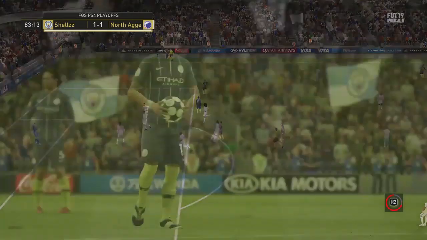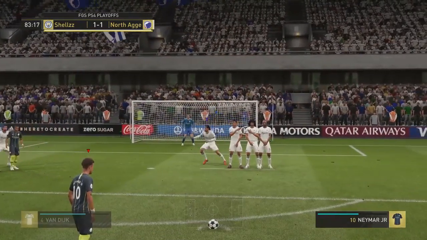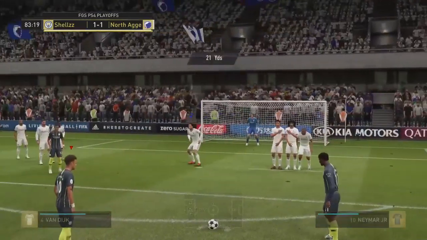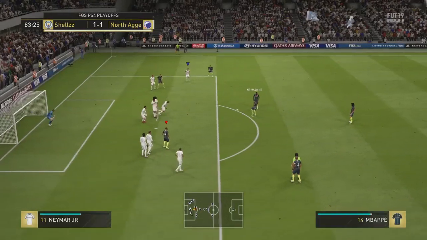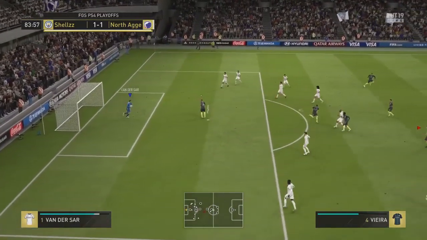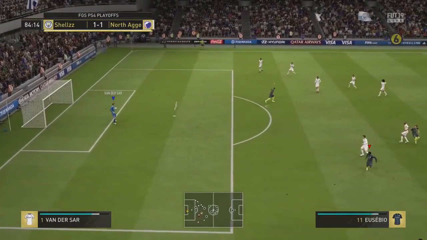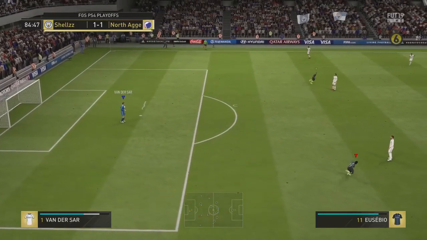And speaking of opportunities, there was potentially one there for Mbappe, and look at this free kick. What a position this is for Shellzz. Neymar stood over it with Eusebio. Shellzz, go short, Mbappe, oh, and it was a header instead of a volley. I think he was probably hoping for a volley there. Did opt to go for the dink and try and flick it up so he could get the power behind it for the volley, but